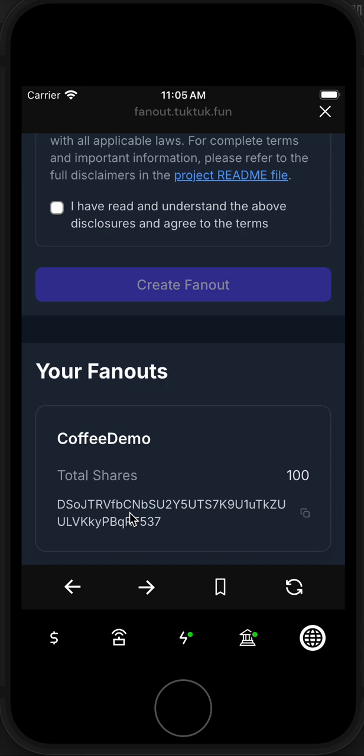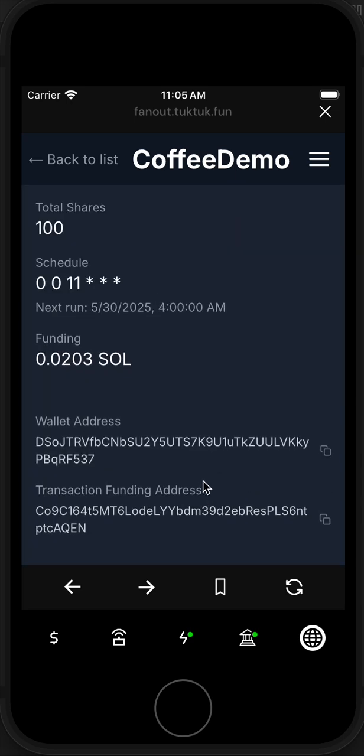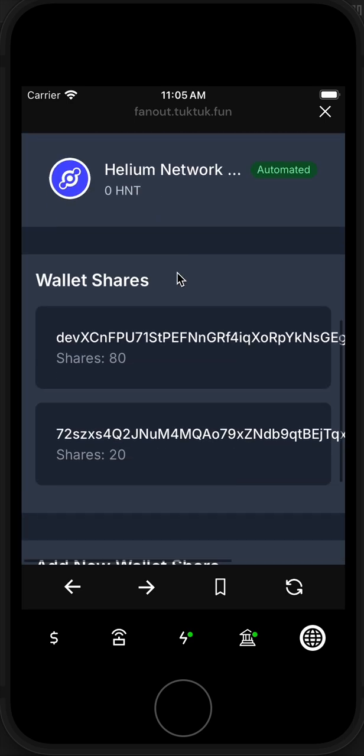So tokens from that hotspot are going to claim daily automatically into this wallet, and then daily automatically around the time we created this wallet is going to fan out all of the HNT that's sent to it to these two wallets by their shares,